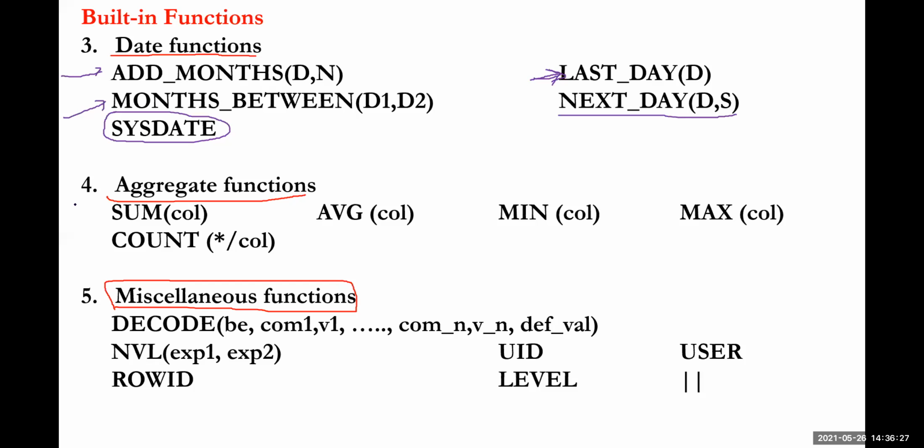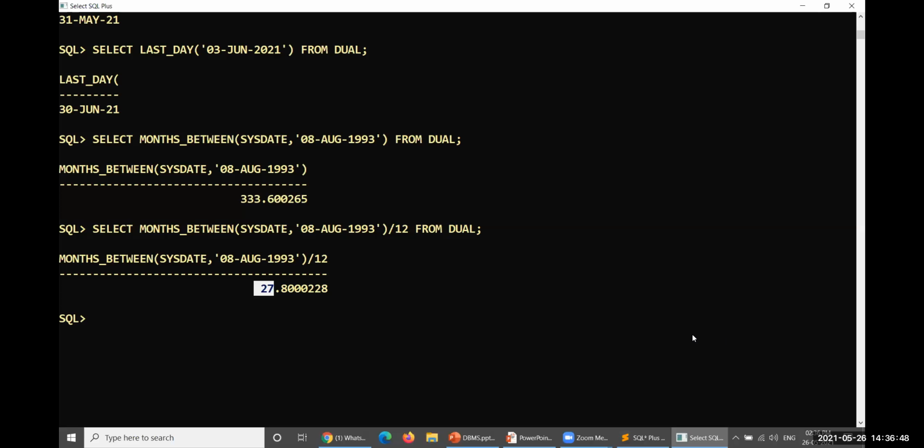Then already we have gone through this one. Time is not supporting me, so I'd like to take ROWID, then USER, and then UID. Let me explain these three right now because 2 more minutes are there with me. So ROWID. For every row which is created by you within any table, a ROWID gets created.